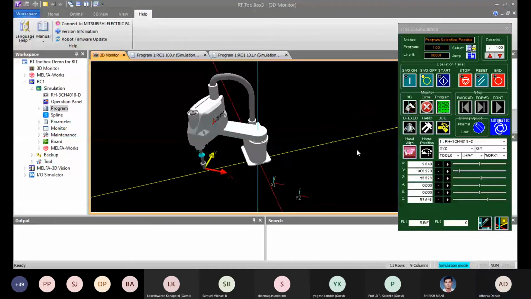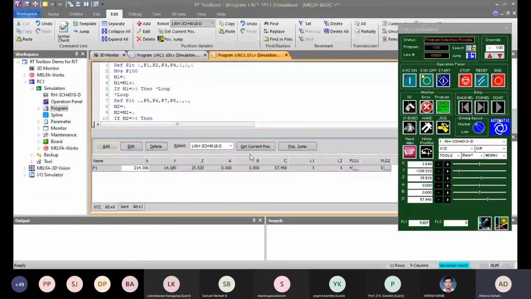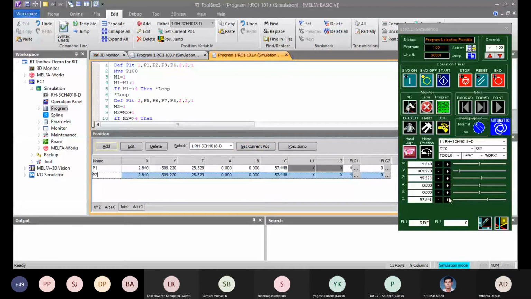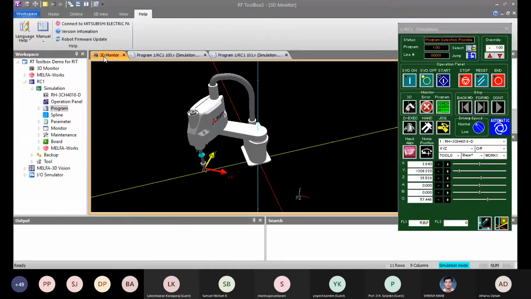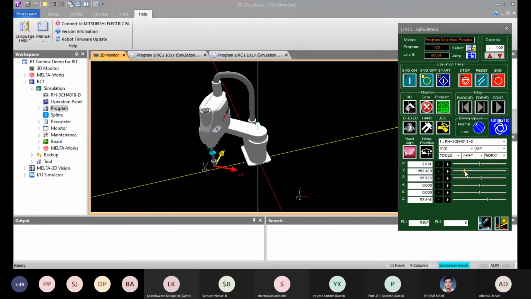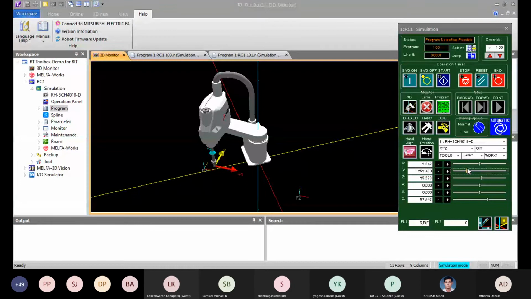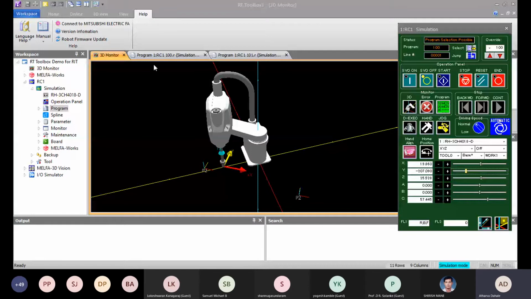Okay, so I'll copy this position by clicking on get current position. This is my P2 point.